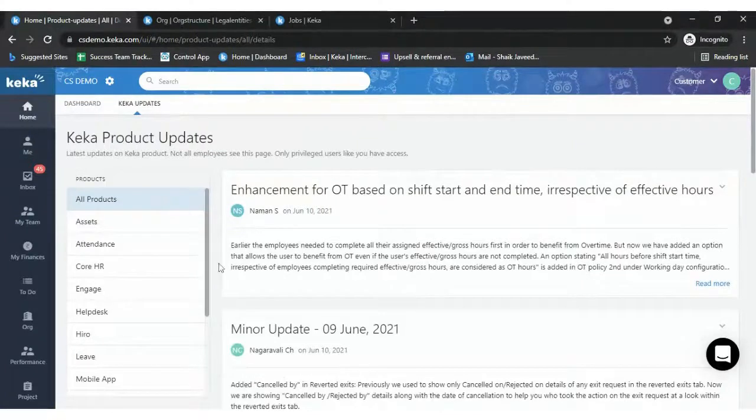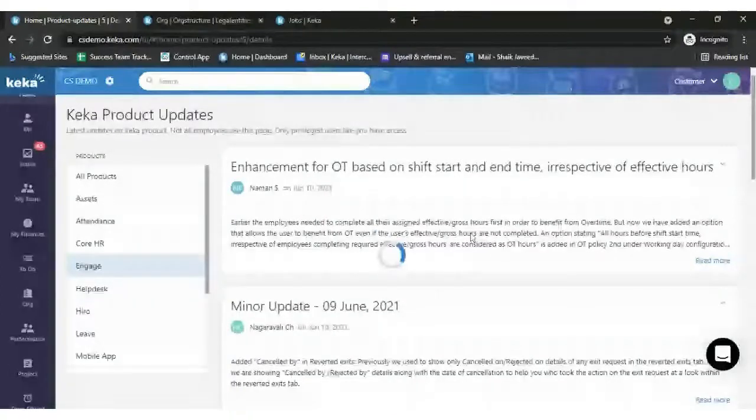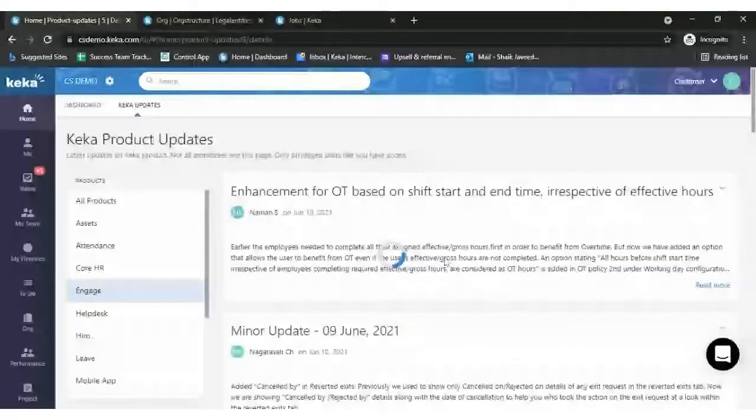We'll try to move to the next module. So engage. Just give me a moment, it's taking time to load.